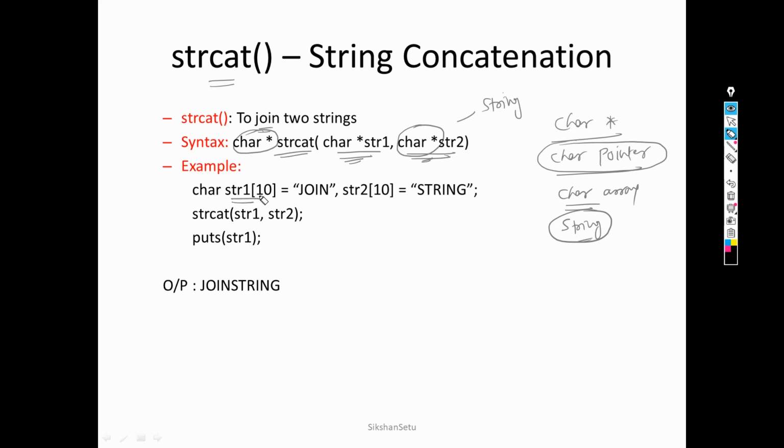The first string is char str1 of 10, and the value of that string is join. The second is str2, and the value of that string is string. Now once I have written strcat, I am passing two parameters, and finally the value of the second string will be added into the first string.